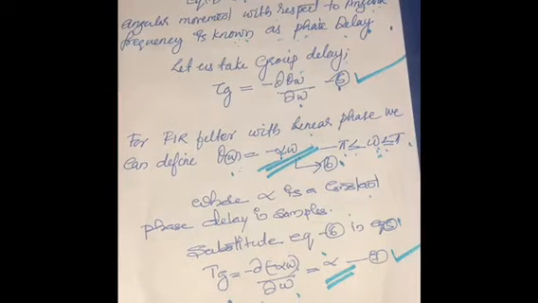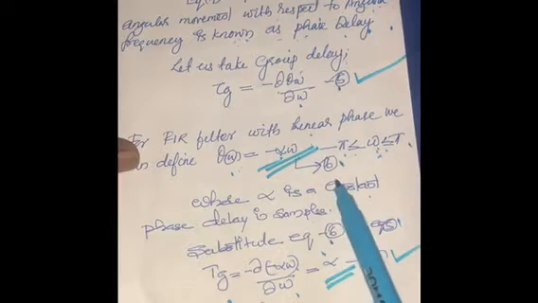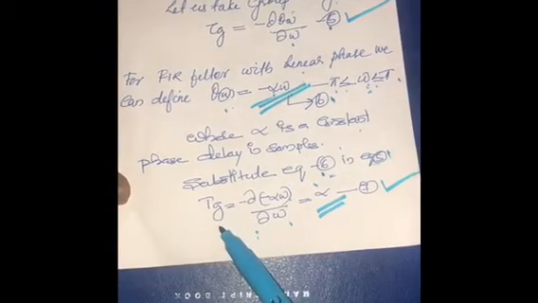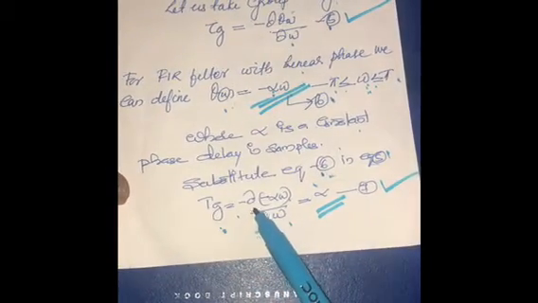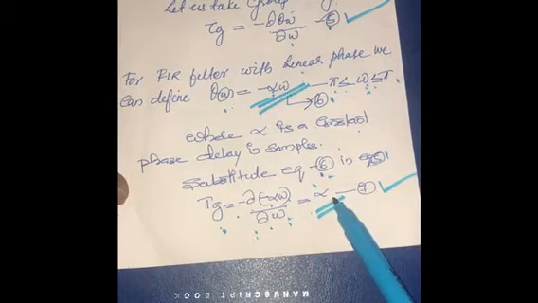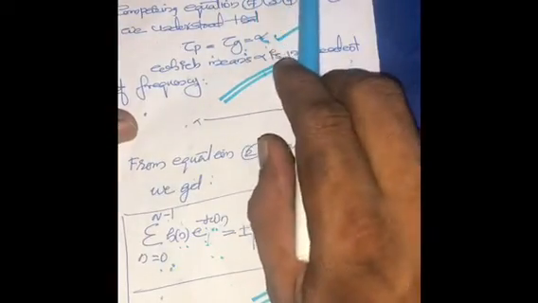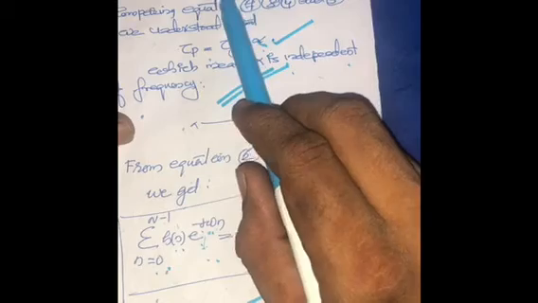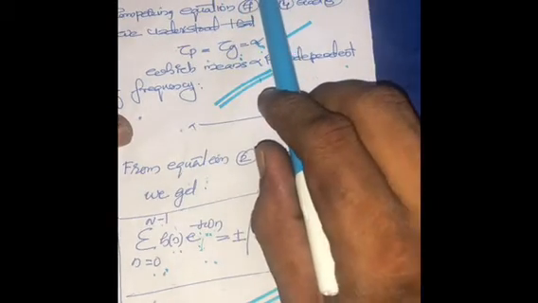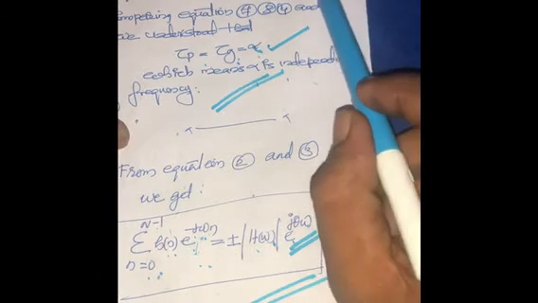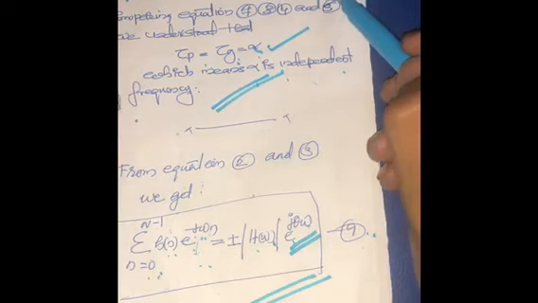That is delay constant. Substitute this value, that is equation number 6, in equation number 5. We got the group delay is equal to minus dou minus alpha omega divided by dou omega, that is alpha. That is equation number 7. Substitute equation 6 in equation 4 also. The phase delay is equal to minus theta omega divided by omega, that is equal to minus of minus alpha omega divided by omega, that is equal to alpha. That is equation number 8.